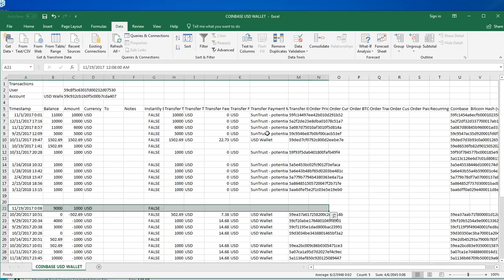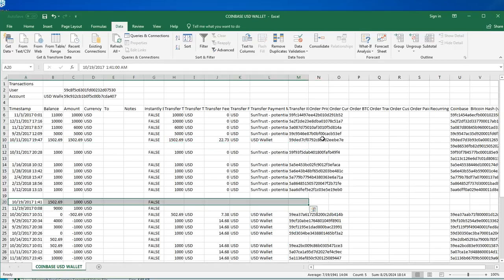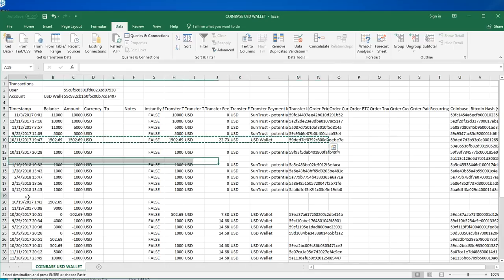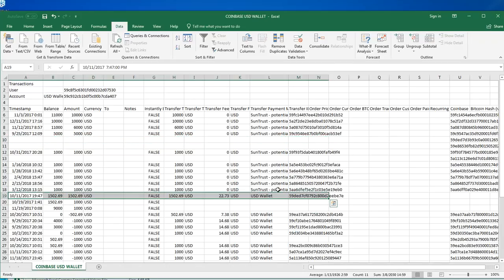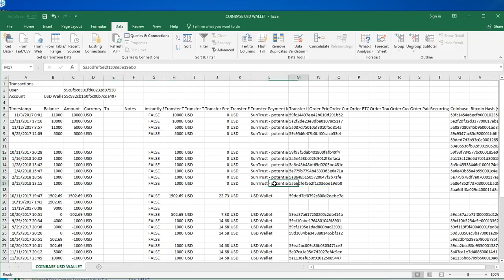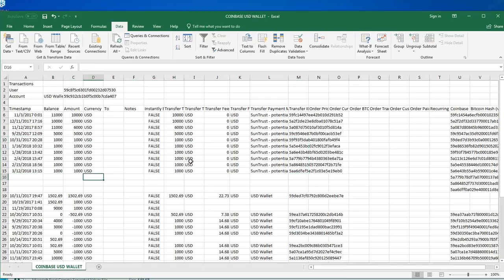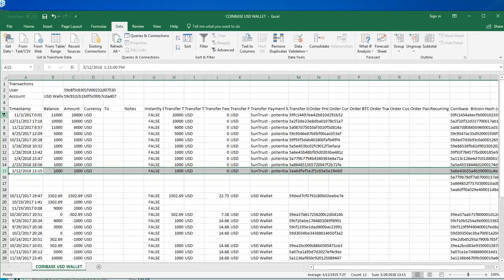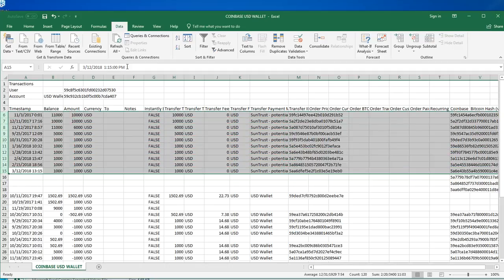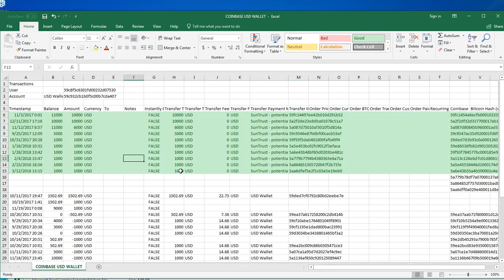Control X, Control V, Control X, Control V, Control X, Control V, highlight this. Okay, and now I can mark all of these as done. You could either do that by bolding them, marking them green, whatever it is you want to do. So down here I can see the sum is